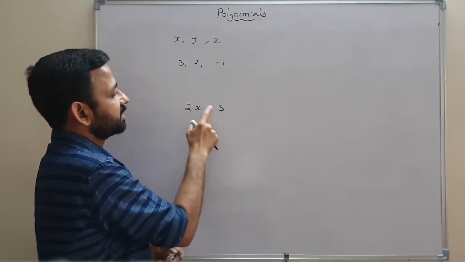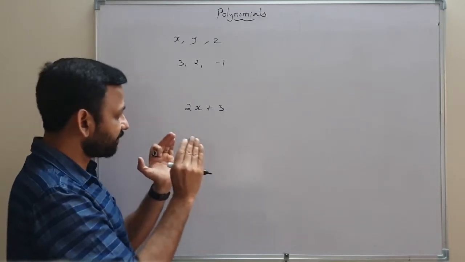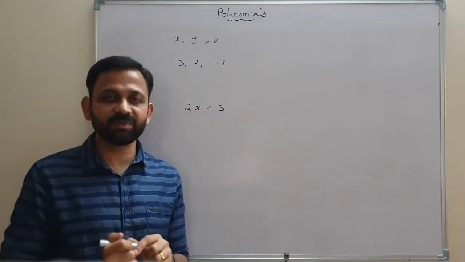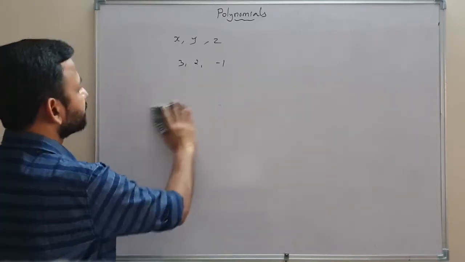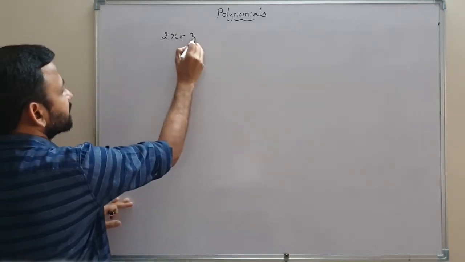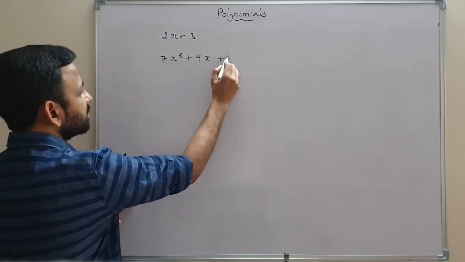And here 2 and 3 are the constants. This is an expression which contains a variable and a constant. So 2x plus 3 is an example for an algebraic expression. 7x square plus 9x plus